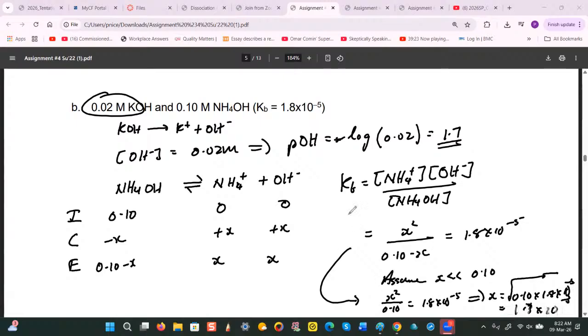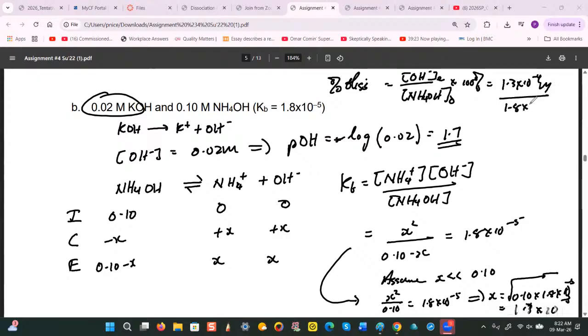All right? So now we again check to make sure. I'm going to do it up here. I'm going to determine the percent dissociation. And remember, the percent dissociation would be equal to the concentration of the base this time, the OH minus, divided by the concentration of NH4OH initially. So this will be initial, this will be at equilibrium, times 100%. And then I put the numbers in, so that would be 1.3 times 10 to the minus 4 M divided by